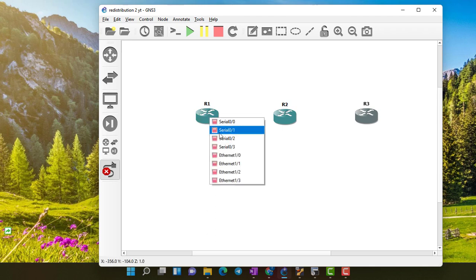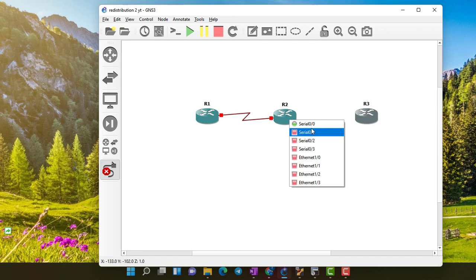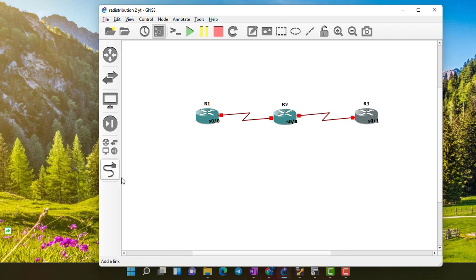We'll connect those routers. I connect through serial links. So serial 0/1 to serial 0/1, show interfaces. After that, I'm going to show you what is my topology, what are the IP addresses. So the IP addresses which I'm going to configure will be like this. So we'll configure here